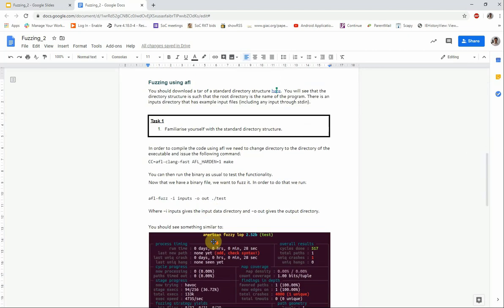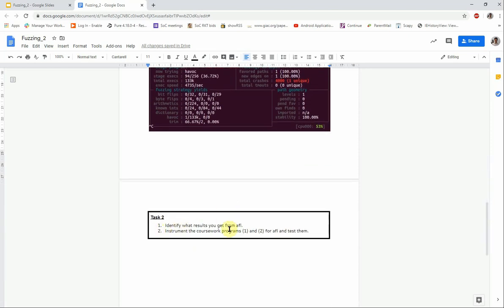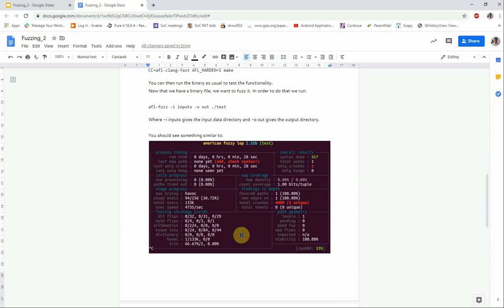Once you've done that, I've tarred up a standard directory that I'd like you to copy. You can then go through the process of compiling the C file that I've given you, and then setting up fuzzing. And then once you've done that, I'm just saying have a look at the results. So I'm going to have a look at some of the results now, and then instrument the core sort programs 1 and 2 for AFL and go through the process of testing them, see what happens. So let's have a look at my